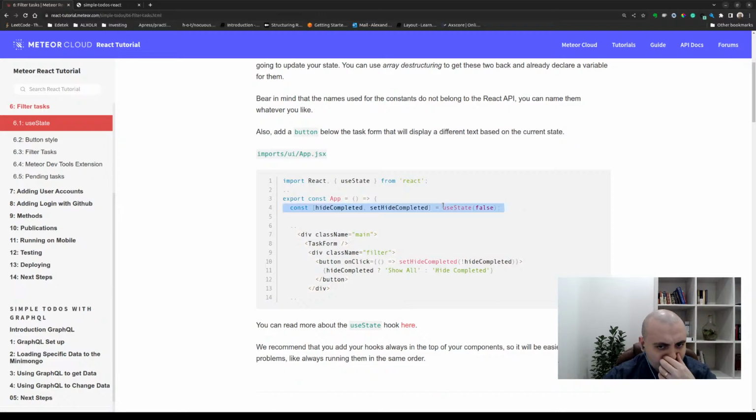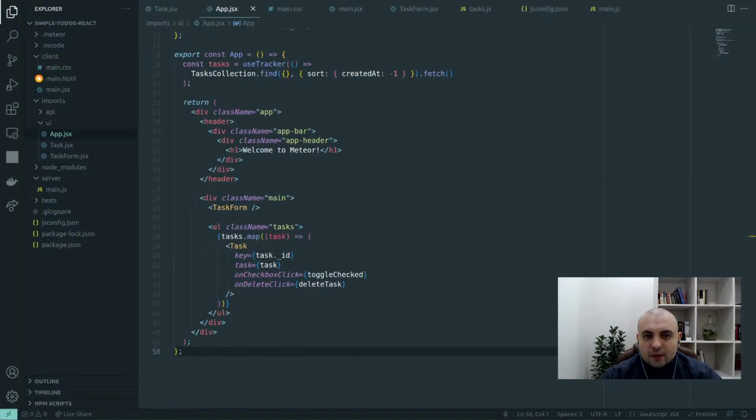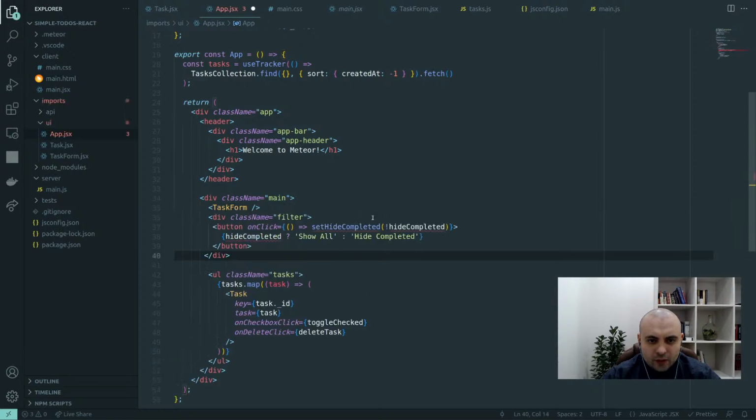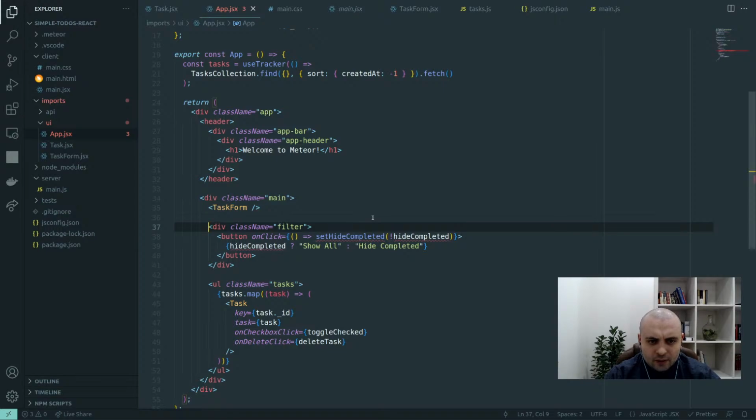useState false. Show all, hide. Okay, so it's from us. They want us to add this part and this part. Yeah, let me copy this. Now let's quickly add this component. So what do they want from us? Here we'll have this filter, and we will need to